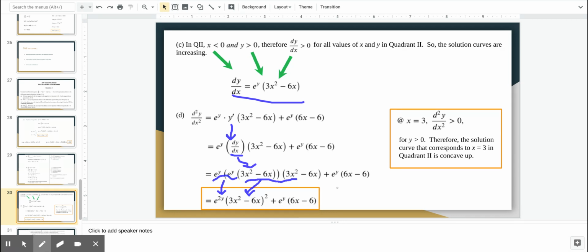Remember, the reason we're trying to find the second derivative, which we did, and that's why it's boxed, is because that was part of the problem. But it's leading us towards analyzing the concavity of the solution curves that correspond with x equals 3 in quadrant 2 specifically. So this is enough information to get there. Look at this over here. My conclusion is going to be at x equals 3, the second derivative is always going to be positive. Well, why is that? Specifically in quadrant 2, I know that